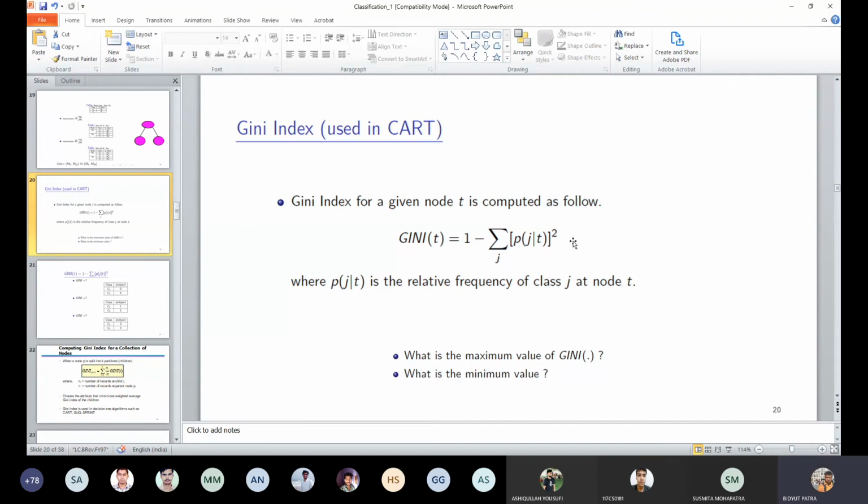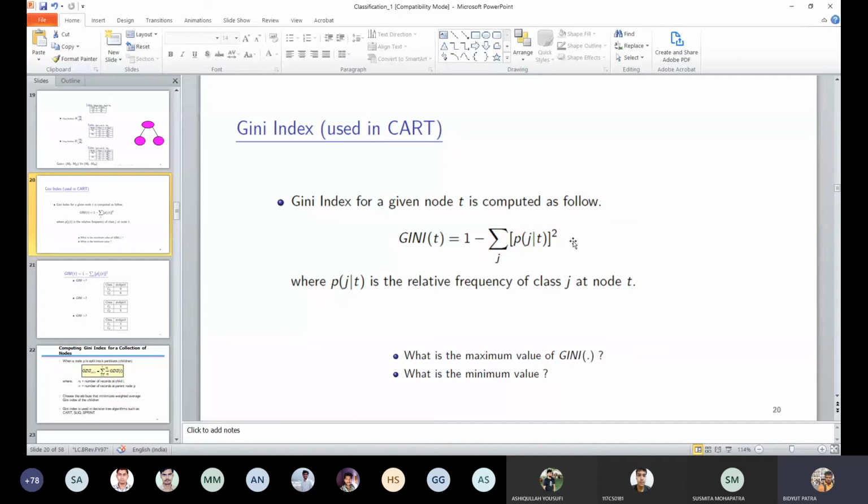Each p(j|t) is 1 by NC, squared. So the value is 1 minus 1 by NC. Therefore the maximum value is 1 minus 1 by NC, whereas the minimum value is 0.